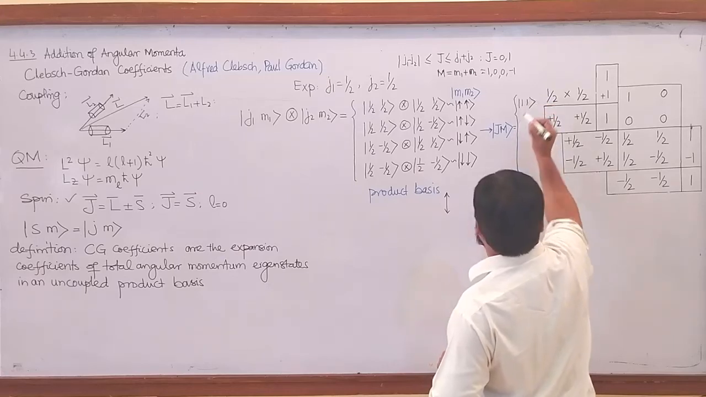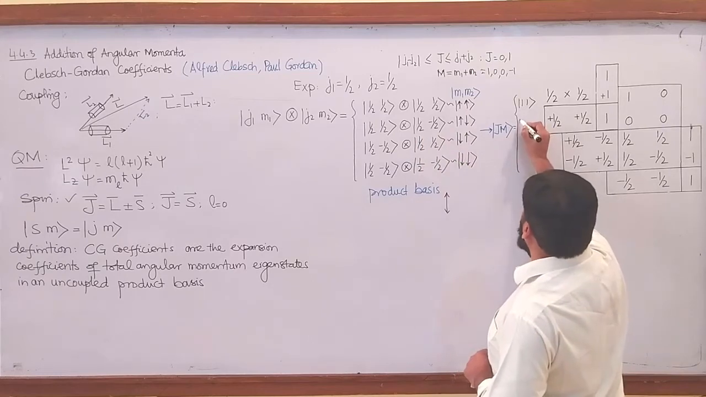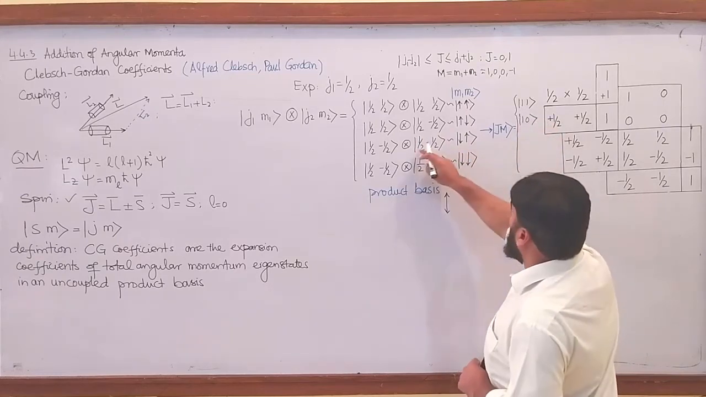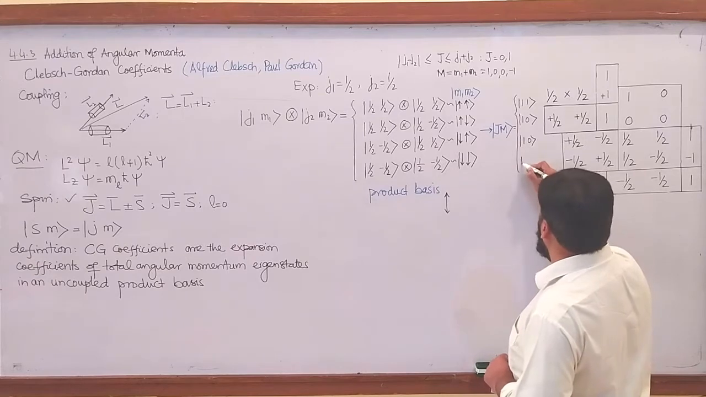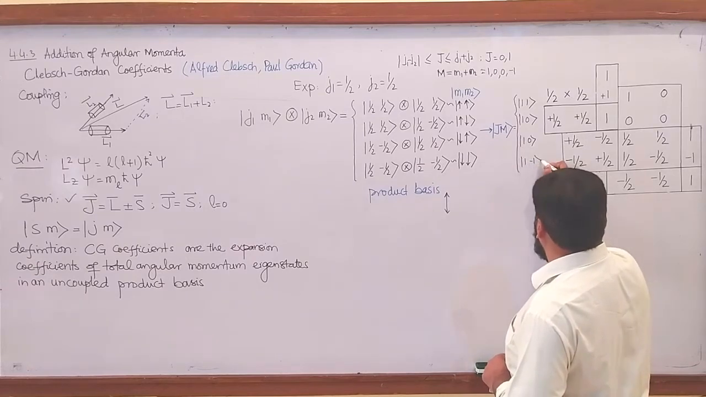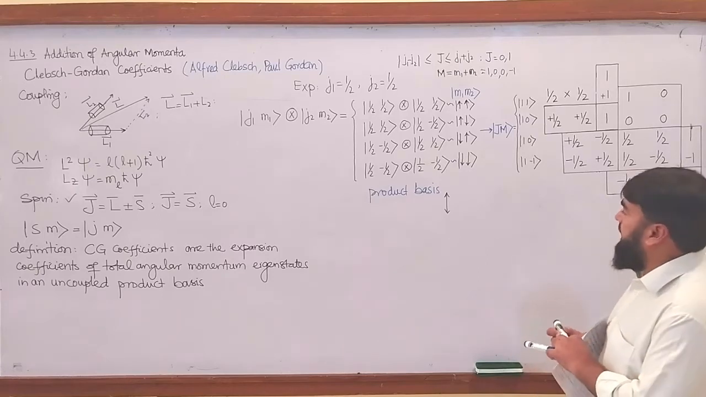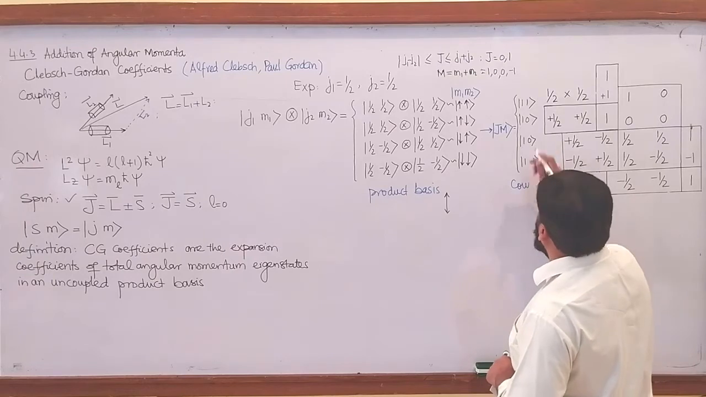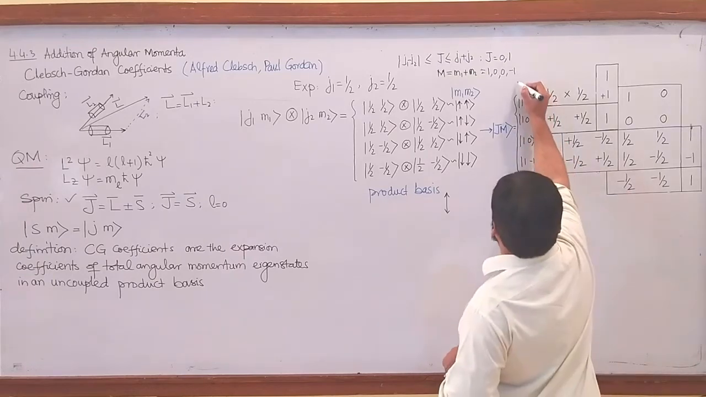One state, right? What about this one? It will be the 1, 0 state. What about this state? Again the 1, 0 state. And this one, the 1, minus 1 state. This kind of representation, which will be in the form of